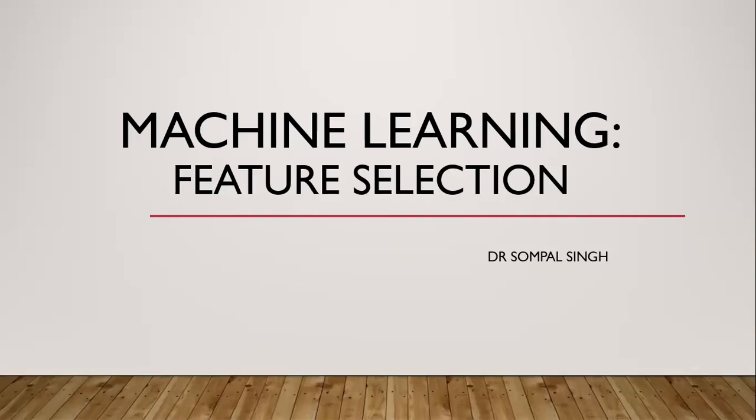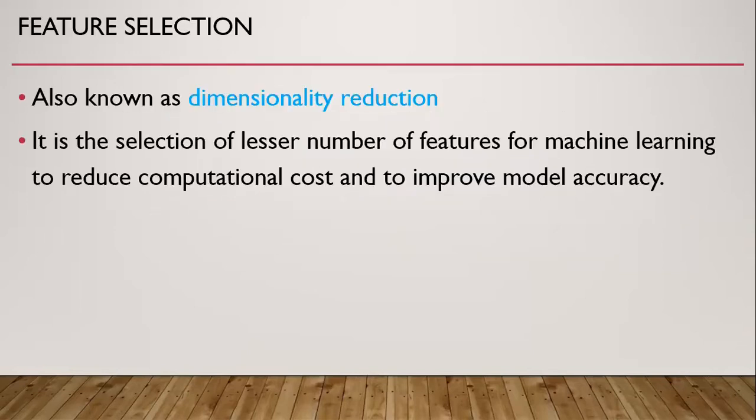Today I'll talk about feature selection. It is part of my series of lectures on machine learning. Feature selection is also known as dimensionality reduction. It is the selection of a lesser number of features for machine learning to reduce computational cost and to improve model